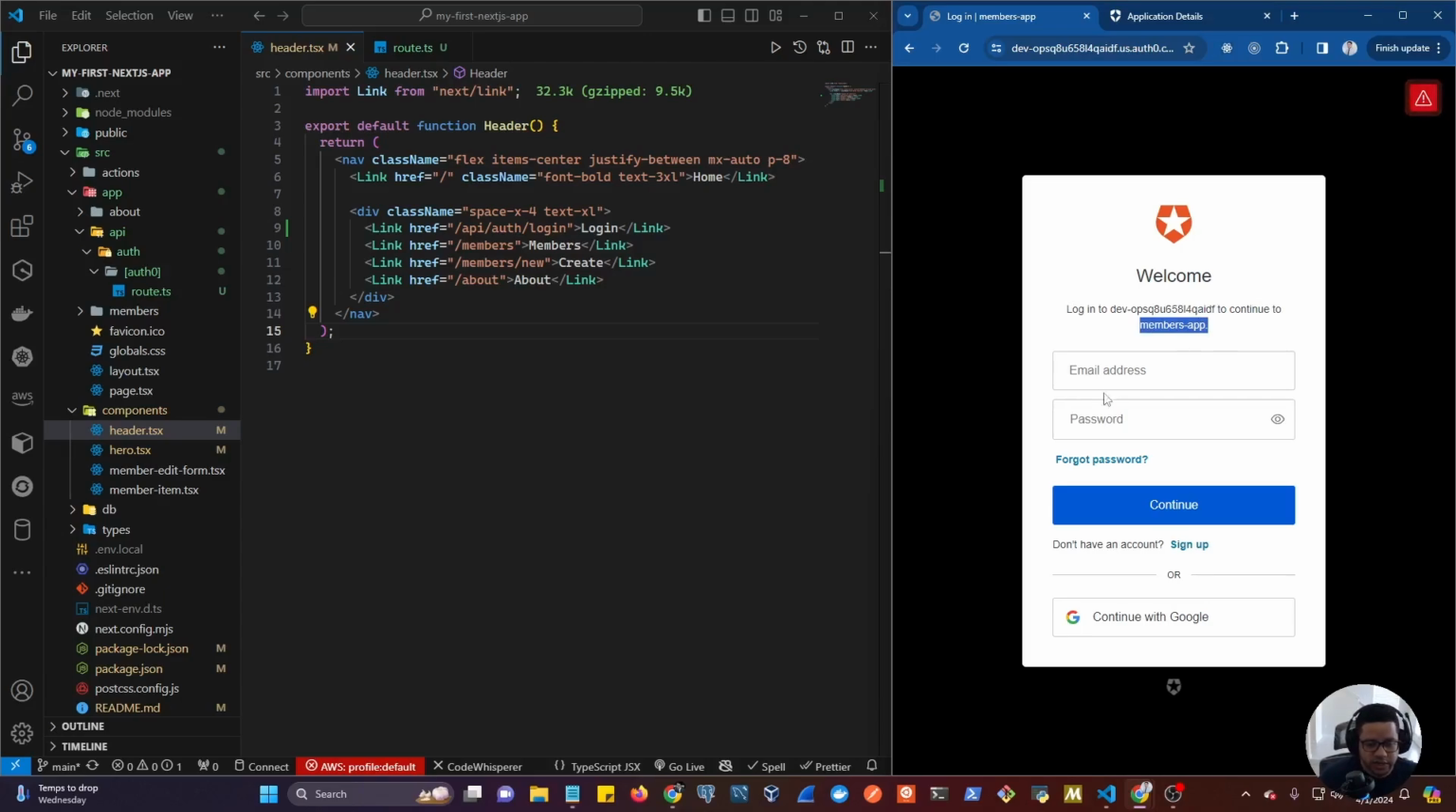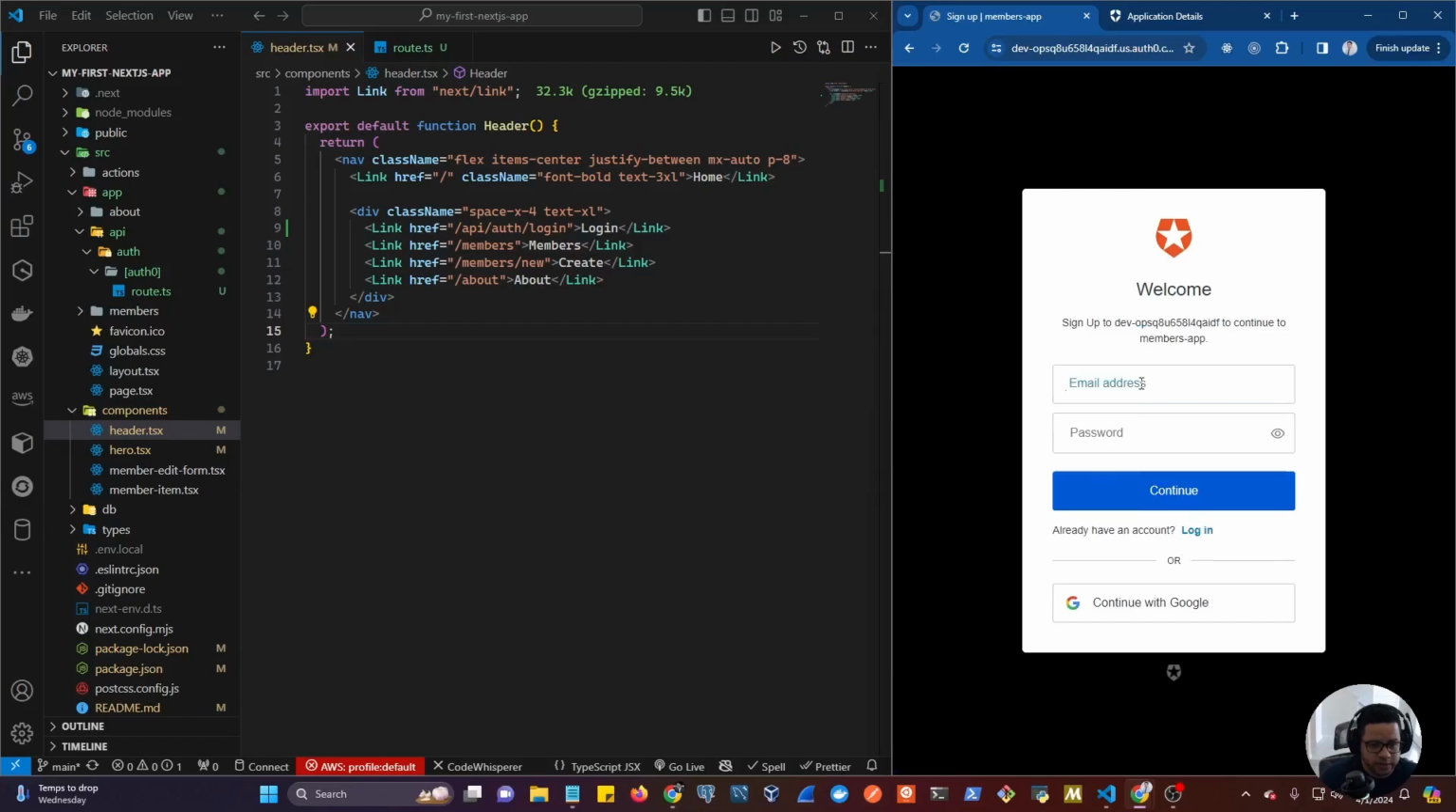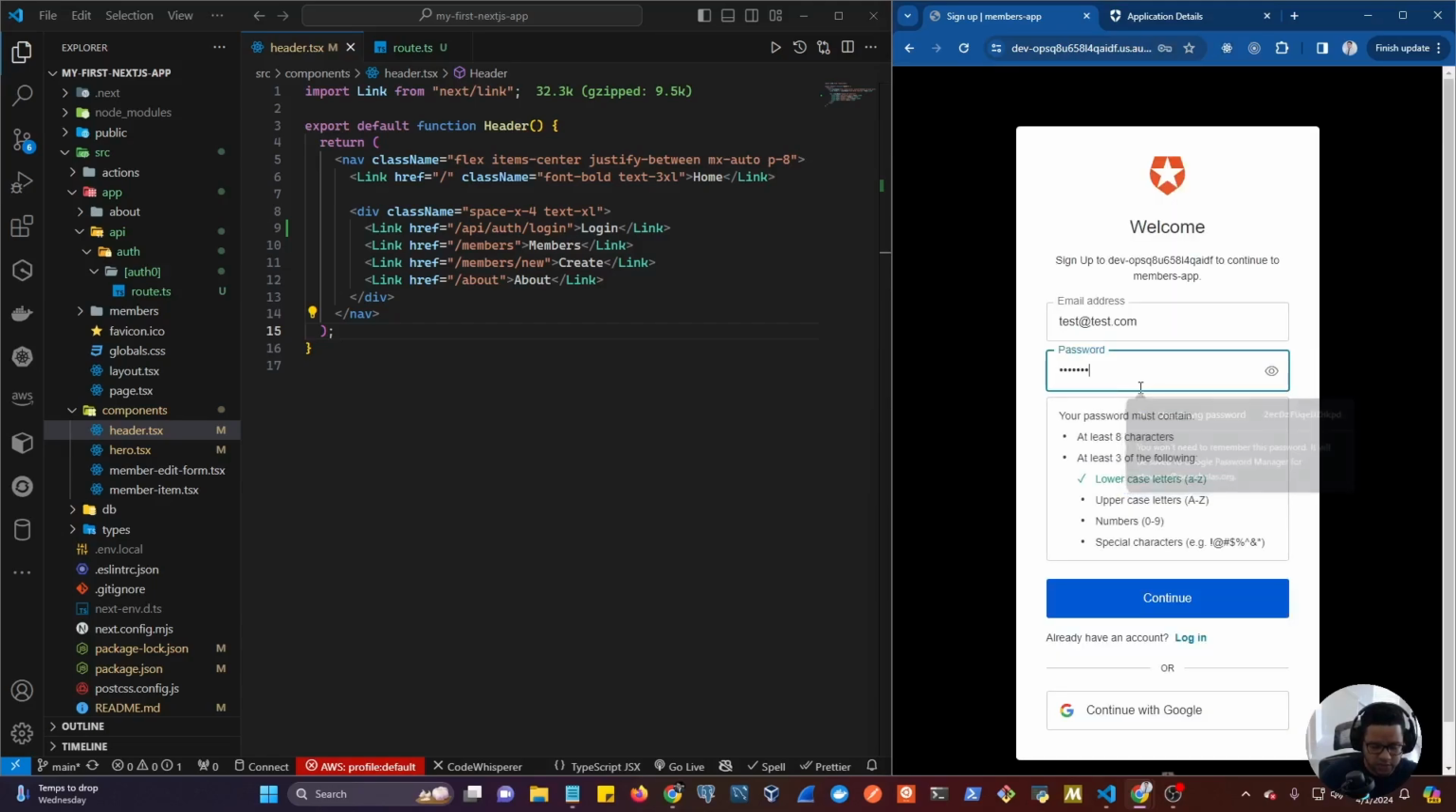So if we don't have an account, we could just sign up, and we can create a test account, and then we can say password 1 exclamation. So notice how it has all the different feedback, use and elements ready for you. Then when we click on continue,